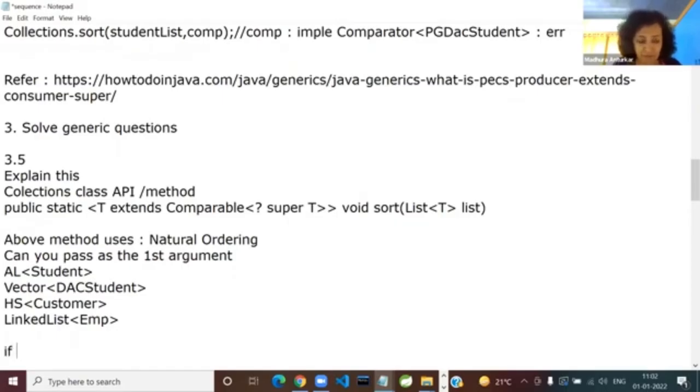If Student, or a DAC student, keep reading the question, or Customer, or Employee has not implemented